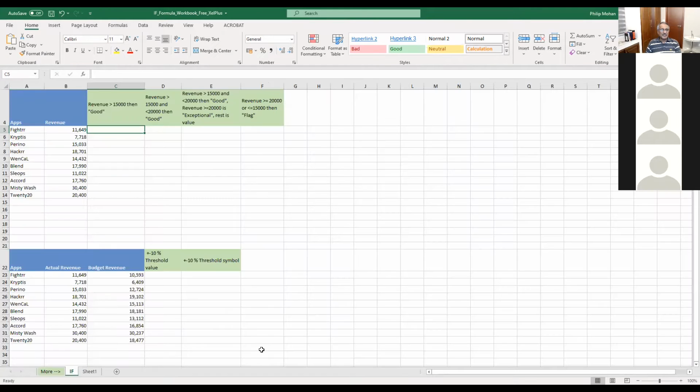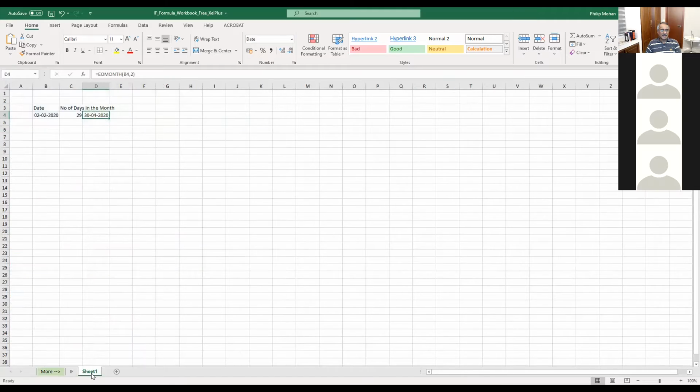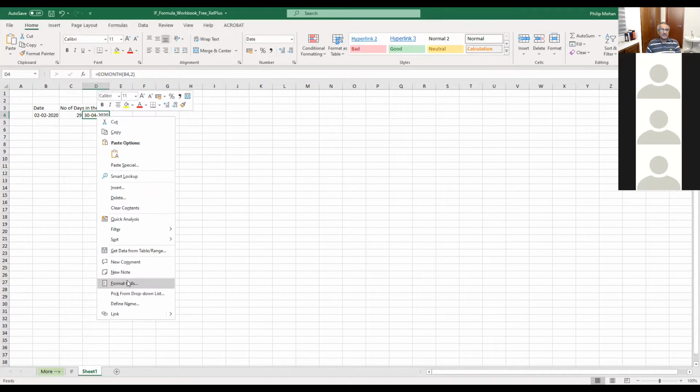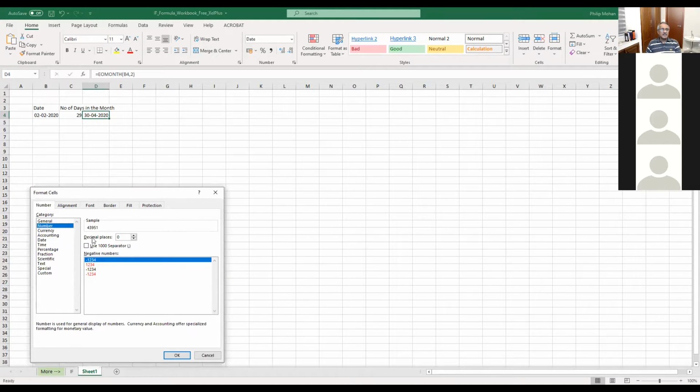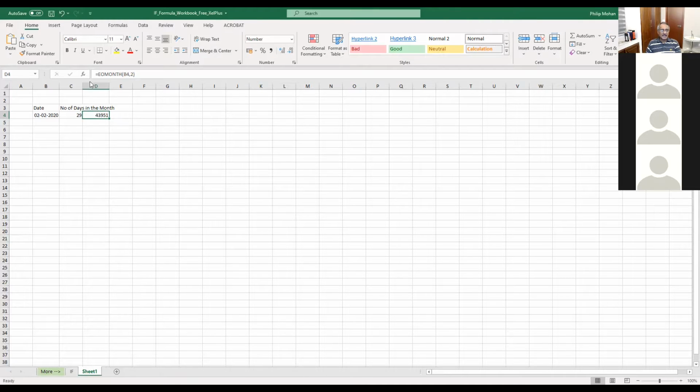I think the 41,000 she's referring to may be the way that Excel stores dates. Exactly, it's just the format. If I were to format it as a number, it will give that number. That is how Excel stores the date inside its own database, as a number. So we have to format it each time the way we want it.